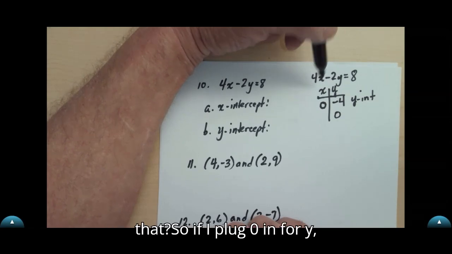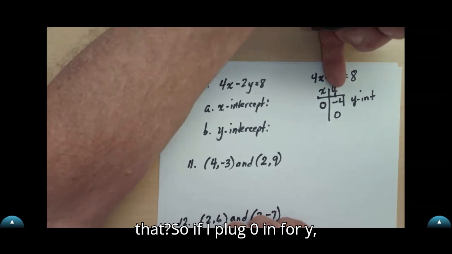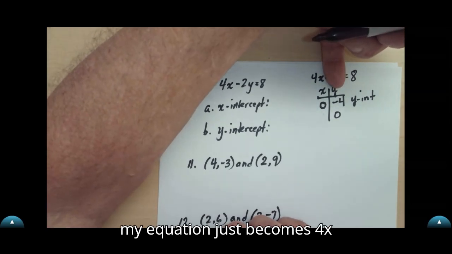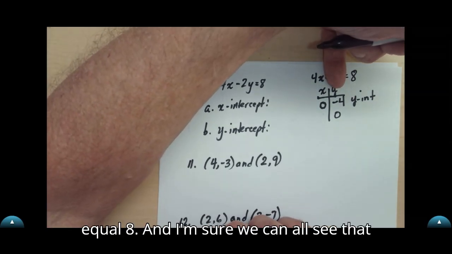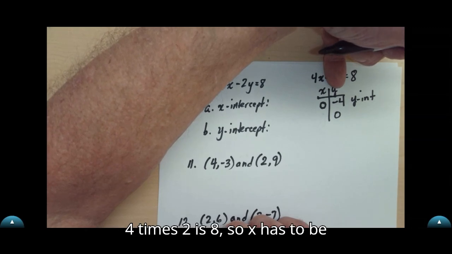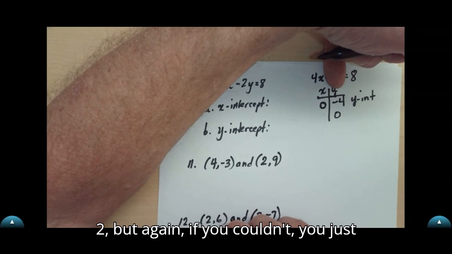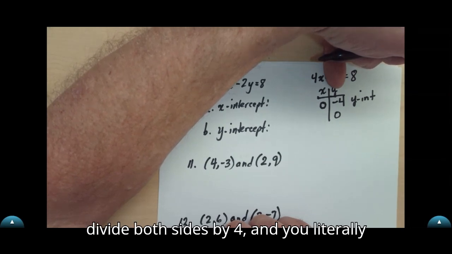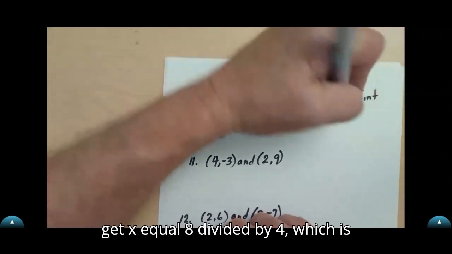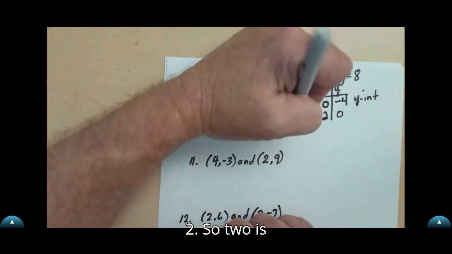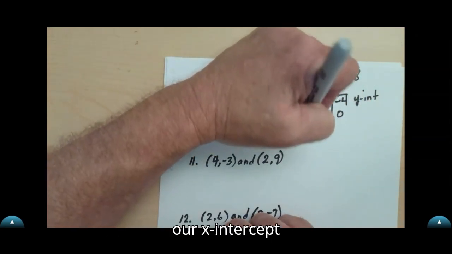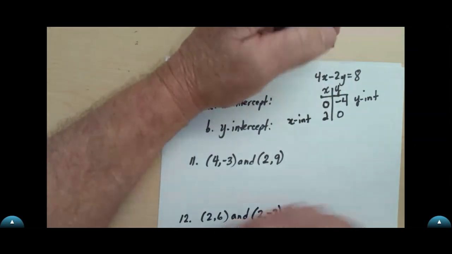Do y'all see that? So if I plug 0 in for y, my equation just becomes 4x equals 8. And I'm sure we can all see that 4 times 2 is 8. So x has to be 2. But again, if you couldn't, you just divide both sides by 4. And you literally get x equals 8 divided by 4, which is 2. So 2 is our x-intercept, because